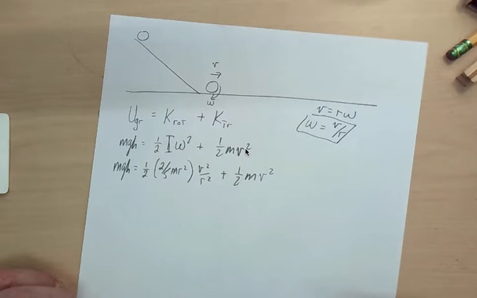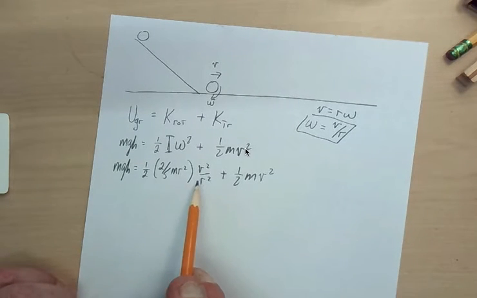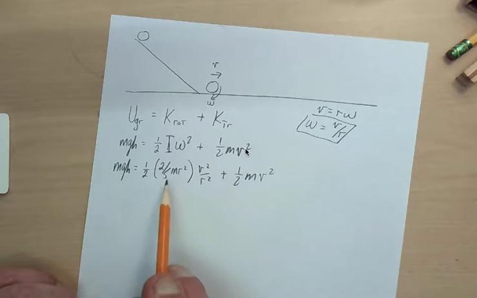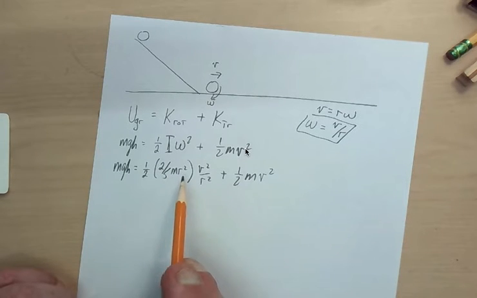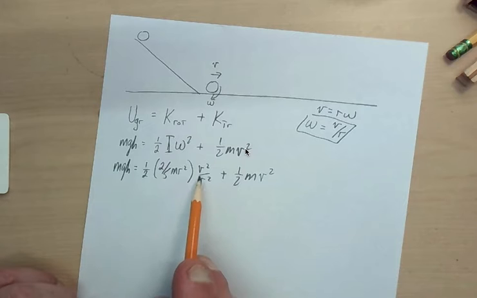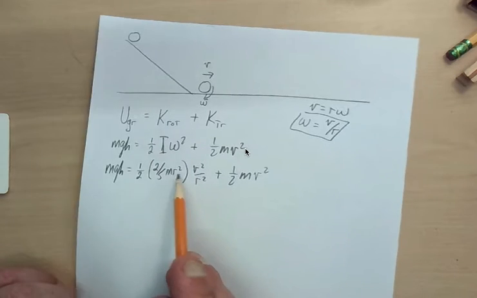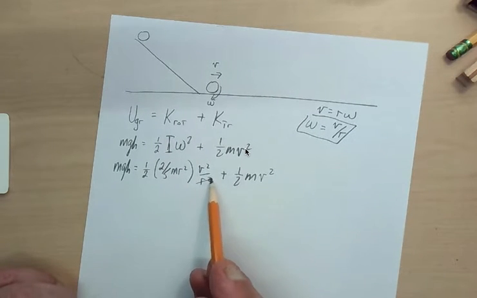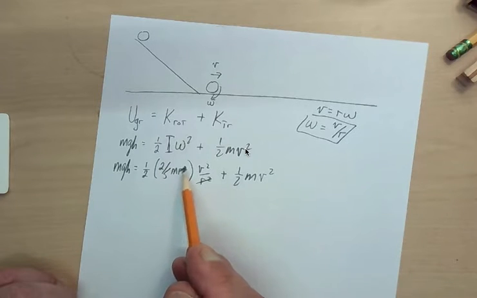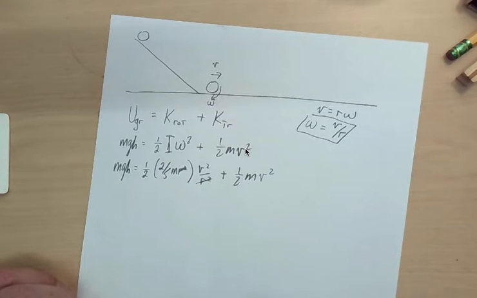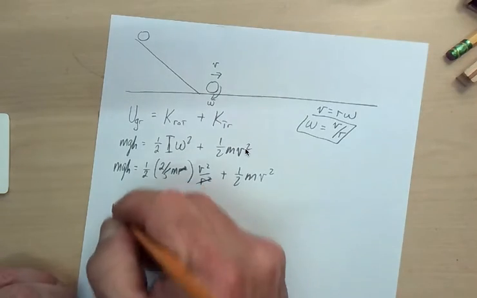And next, I see right here that in the same term, I have r squared in 2/5 mr squared. That r is in the numerator, over that r in the denominator. Same term, that times that. So these two r squareds cancel each other out, right? And so what I have now is mgh